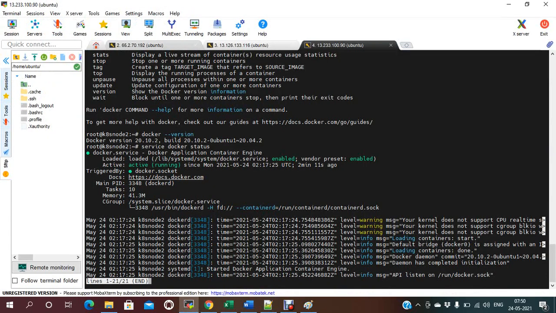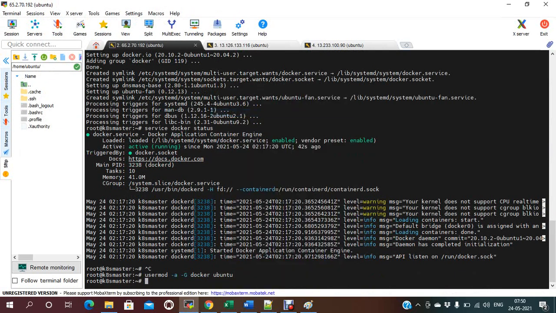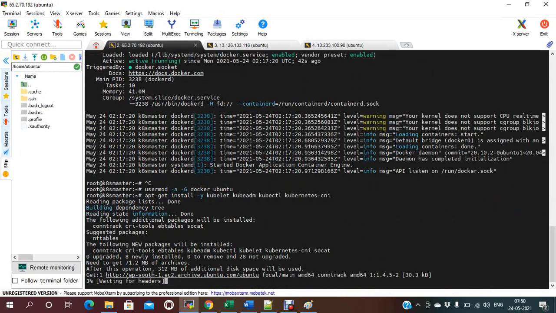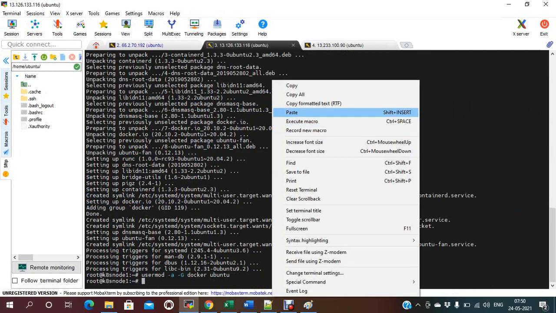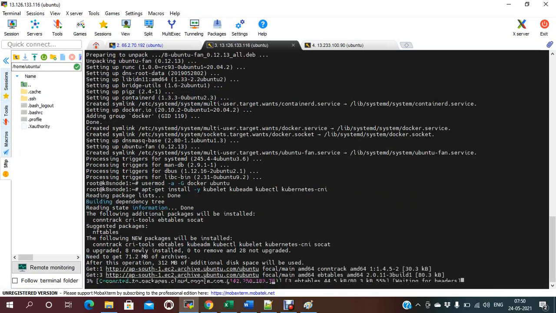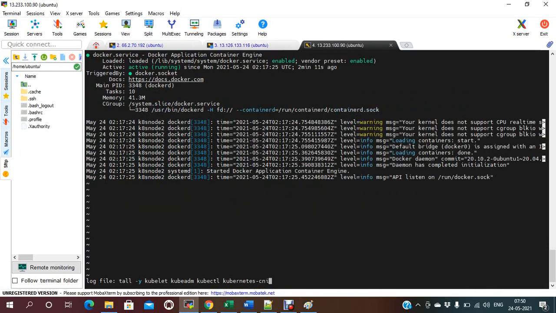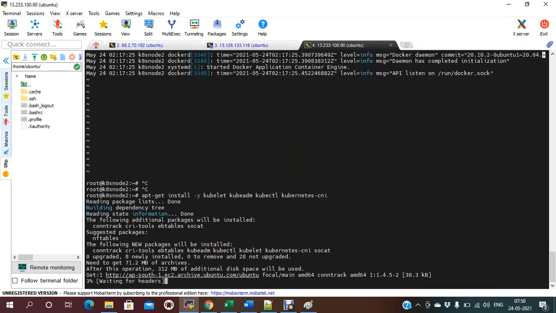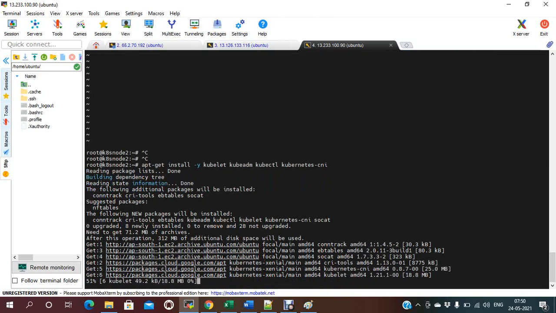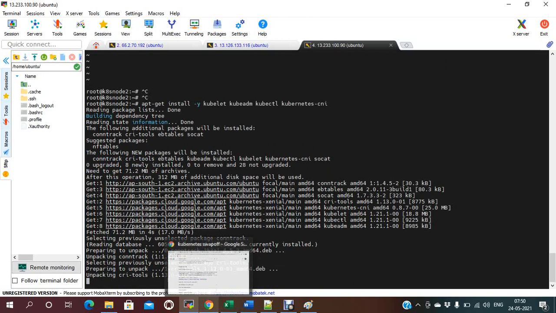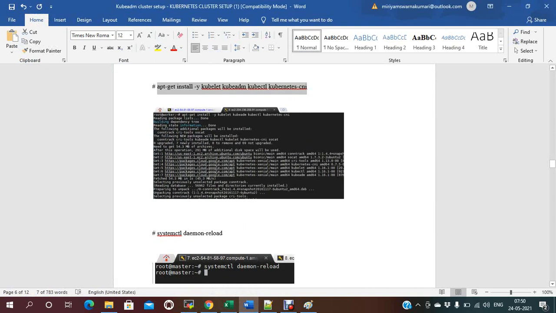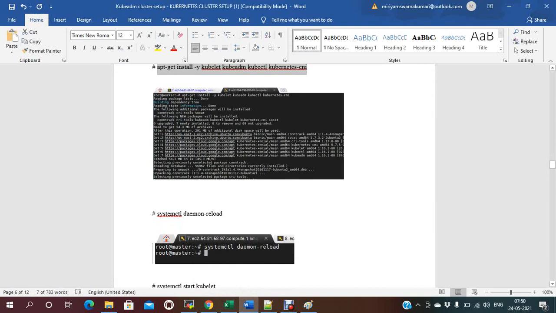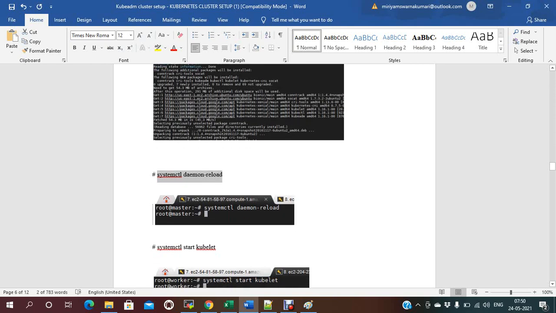Now let me install this thing. Once this is done, you just need to do systemctl daemon-reload.